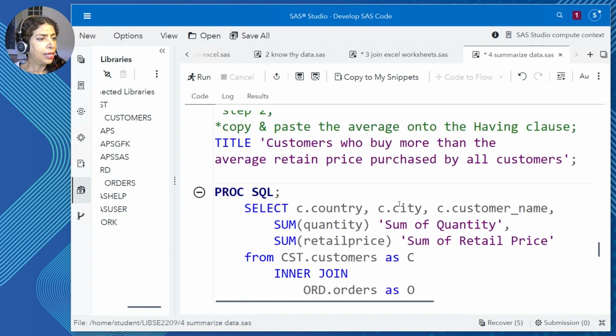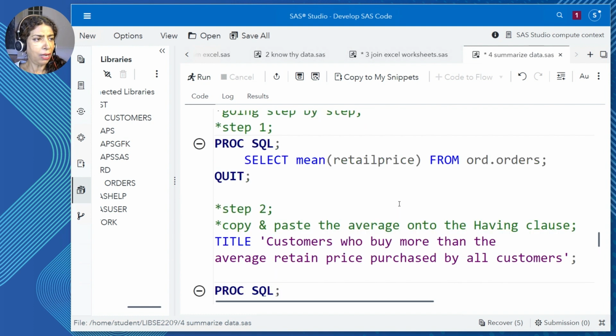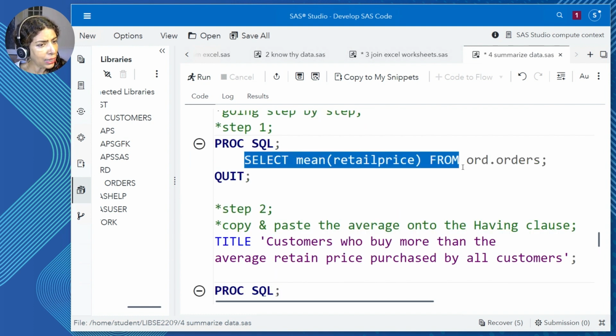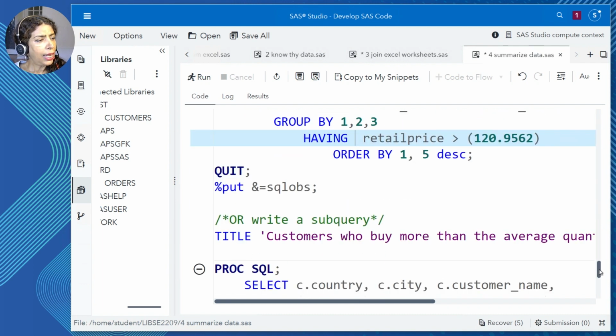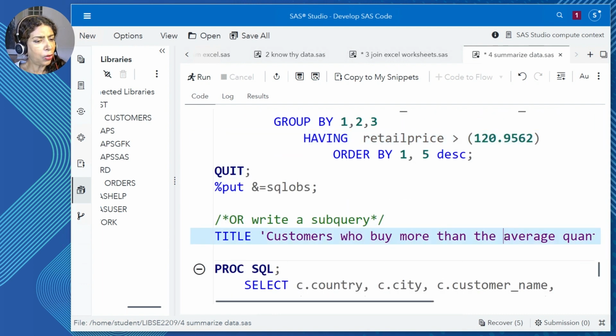That means I have to resort to manual labor. I have to go back and calculate the mean, run it again from the orders table, and copy paste it here. So anytime there's manual intervention, I hesitate. There's a possibility of human error that creeps in. So I'm going to have to move away from manual intervention and write a subquery.